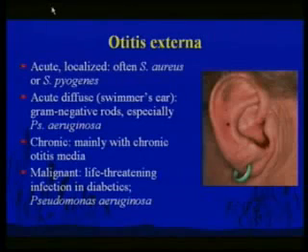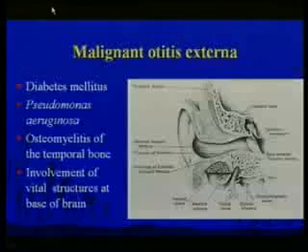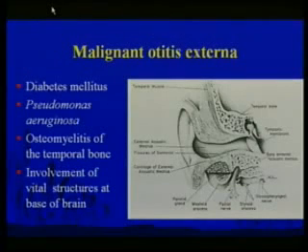Acute localized, usually Staph aureus, swimmer's ear, chronic otitis media, malignant Pseudomonas. Malignant otitis externa tends to occur in diabetics, and it's been looked at as the ear equivalent of the diabetic foot. And what tends to happen is they get sort of a chronic otitis externa, the ear gets macerated, they have drops, and then it's posited that the organism slips down through these little slips in the ear cartilages.